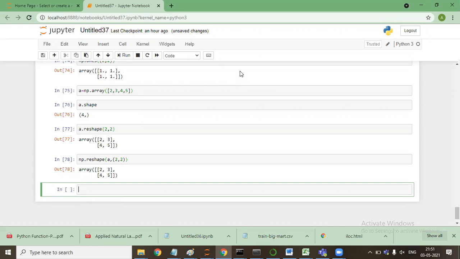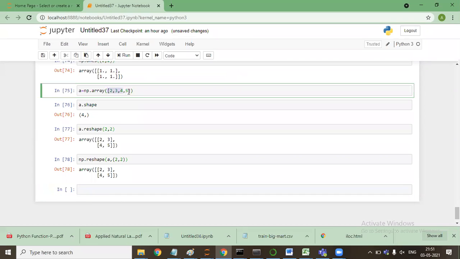You have reshaped into a 2 by 2 matrix again with different numbers, right? Both are doing the same thing, because here the numbers are 2, 3, 4, 5 only.